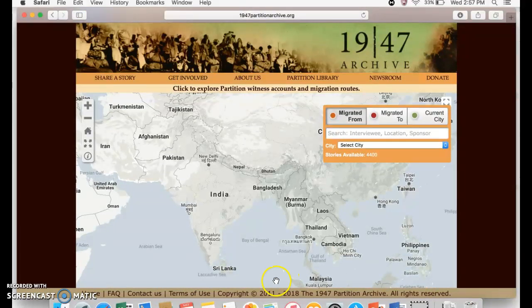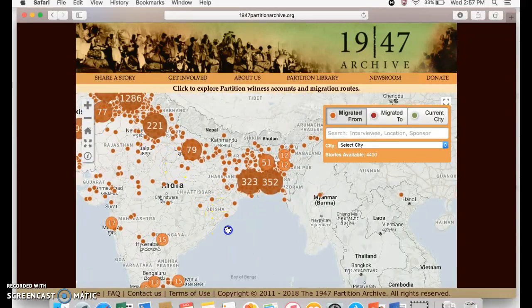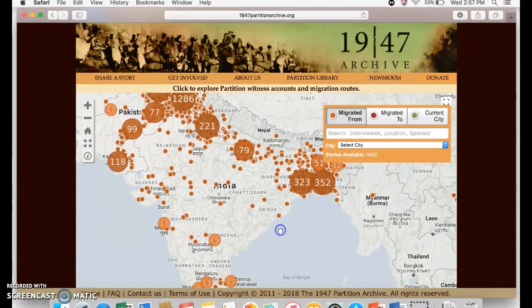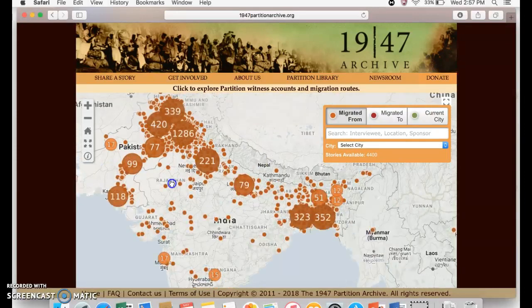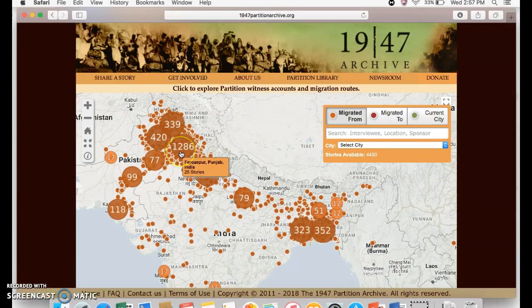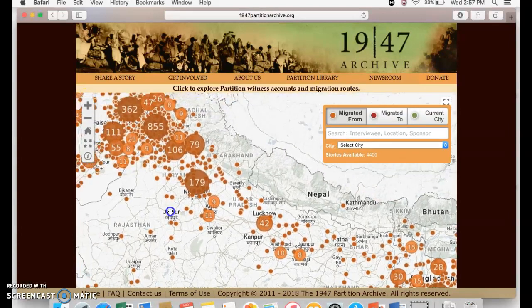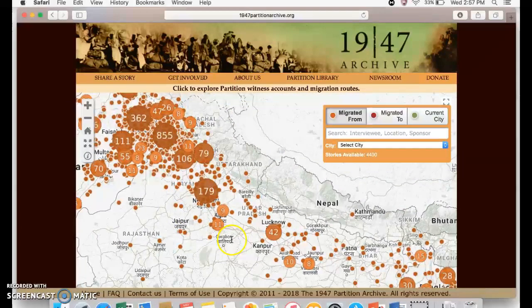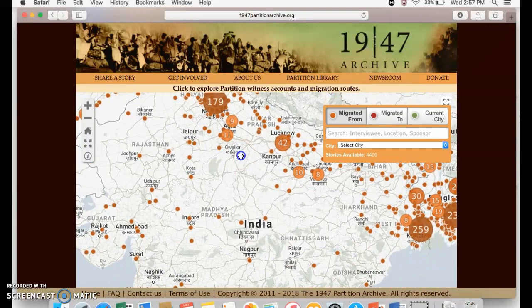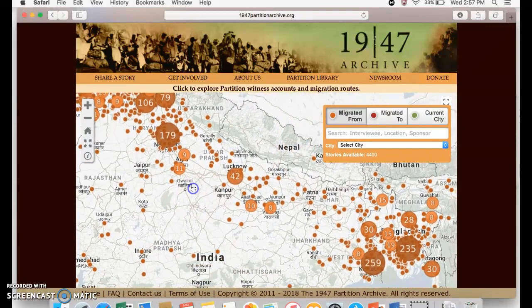So the markers on the map, you can't actually see it right now, but if I zoom in, okay, here, now you can see the markers, and it has numbers associated with the different places. So there's 118 stories coming from this region, and they've managed to collect 1,286 up here. Of course, you can see that's very close to the border. You're going to get more stories over there. Zoom in more, and you can pinpoint exactly which city.